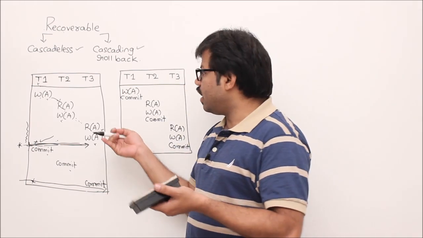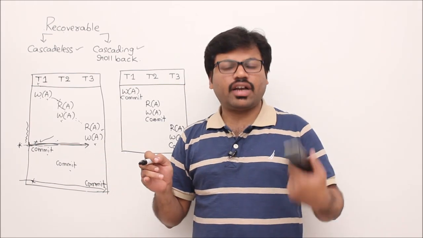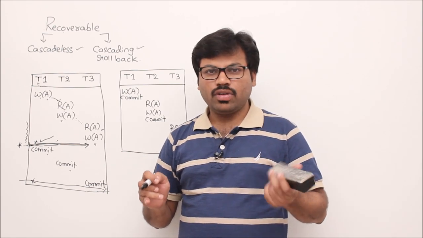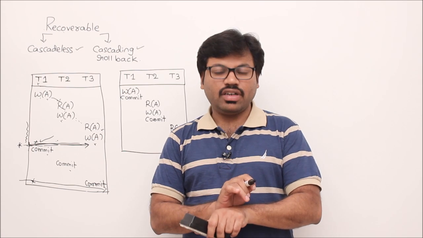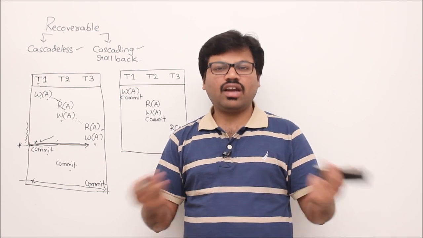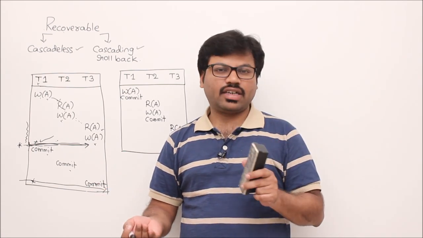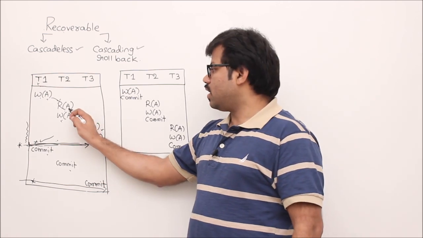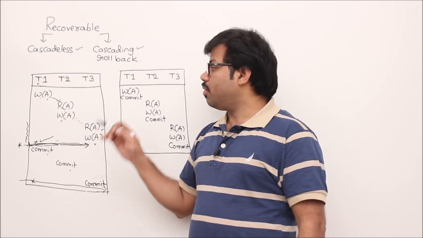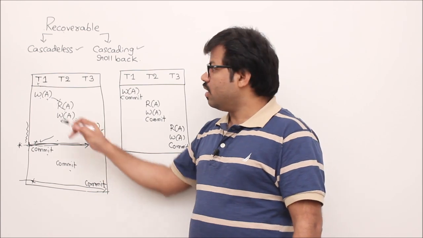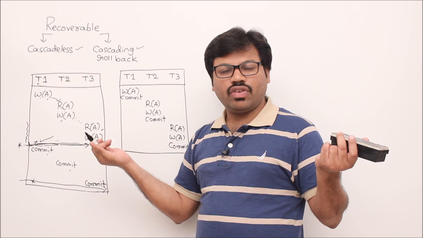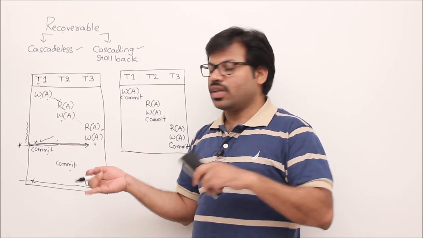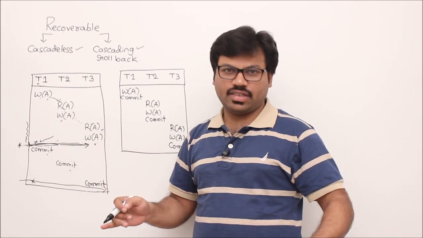Actually, what is the need of why you are getting into this situation again and again? What was the problem? Dirty read. If you don't do dirty read, your transaction need not be rolled back at any time. You never get that kind of situation. Transactions T2 and T3 are becoming victims because they are taking dirty data. If they don't take dirty data, no one will cancel them unless they have some mistakes in their own transactions,